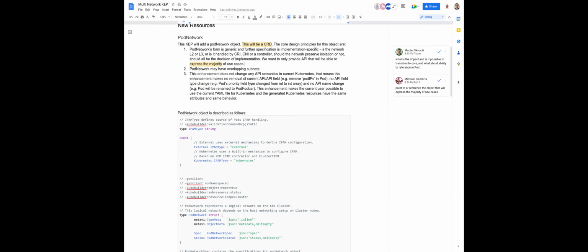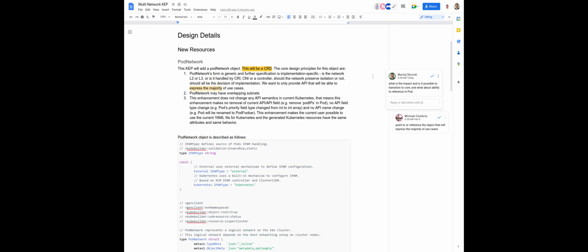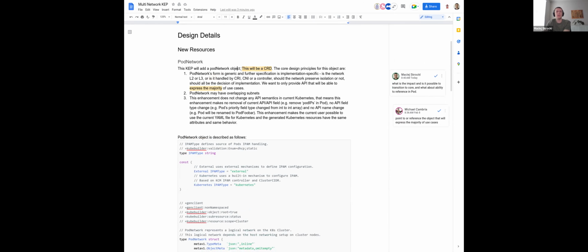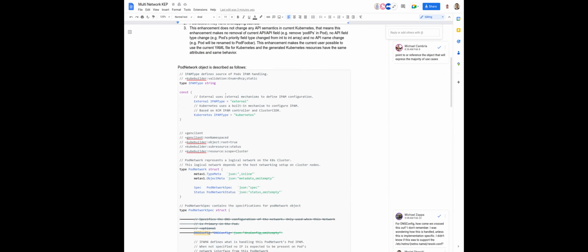At that time we did not mention this would be a CRD, because when we were implementing this pod network, it should be a native object, not a CRD. Yeah, no, that's okay. Let me investigate this one more, and then probably the statement will have to go away, or I will give you more clarification. Yep. All right, let's move on.